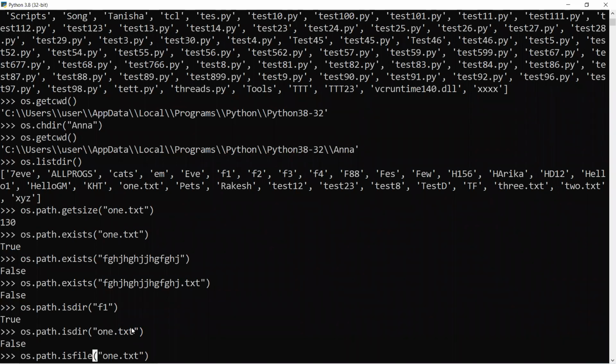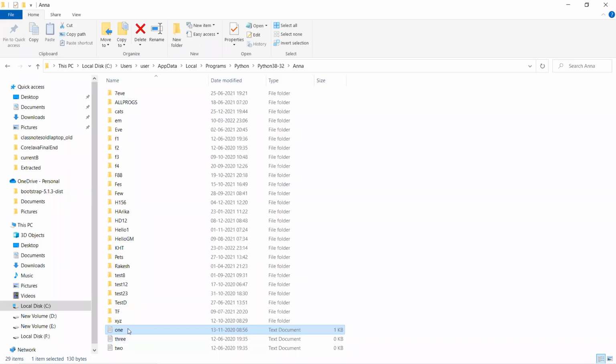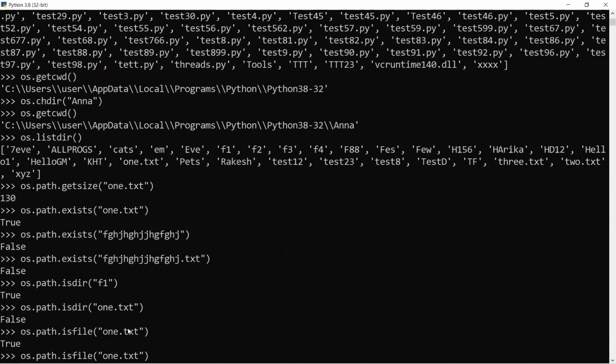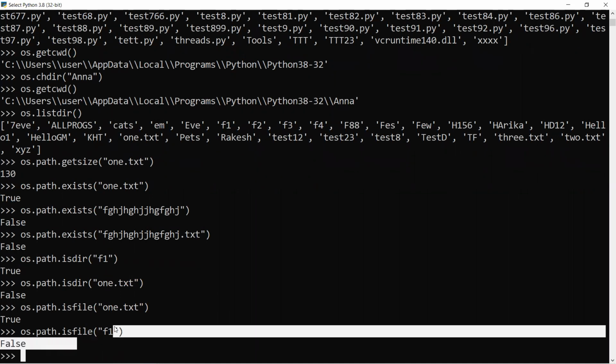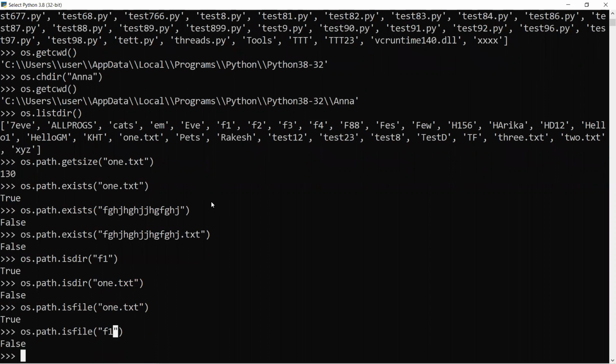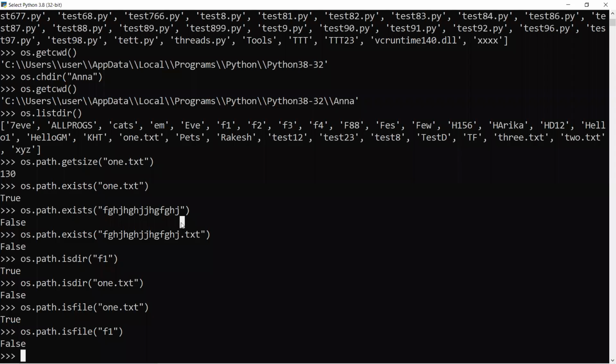os.path.isfile will give true if the supplied parameter is a file in the working directory. If you give F1, then it's going to be false because F1 is not a file. It is a folder. Fine. So what I am saying is, access will give true if the supplied file or folder exists in